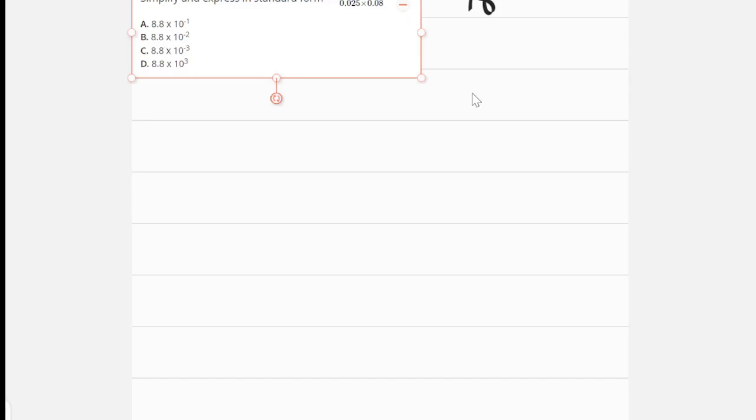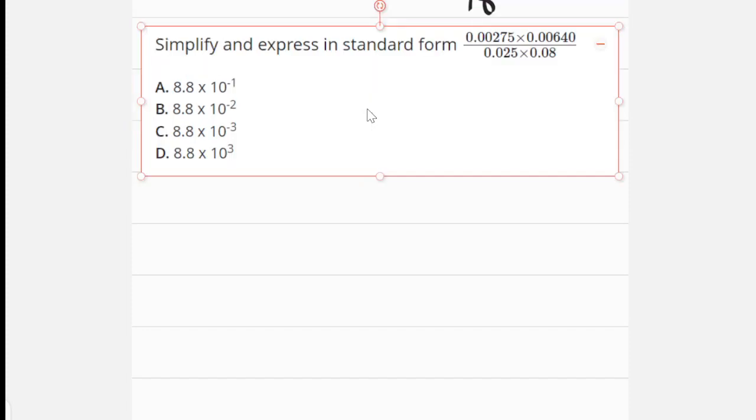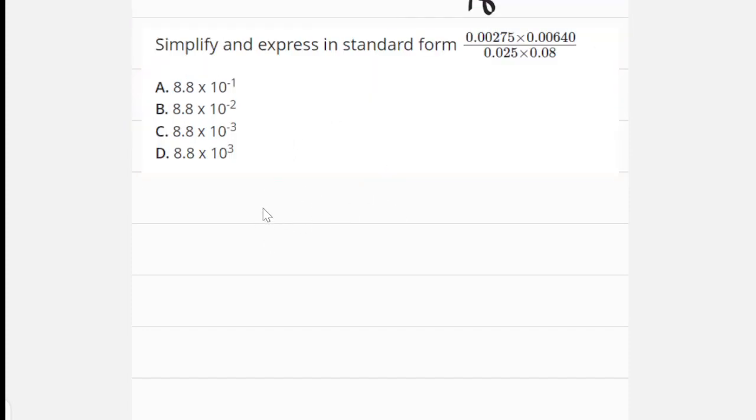Okay, let's simplify this one. This is also on standard form. You don't need to stress yourself because I explained it in the last video, in the last two questions I solved. So number 13, the question asks us to simplify and express in standard form. Number 1, I have